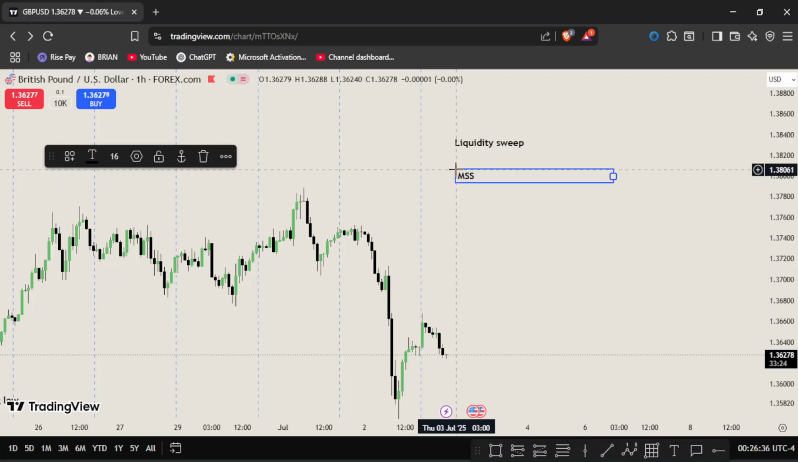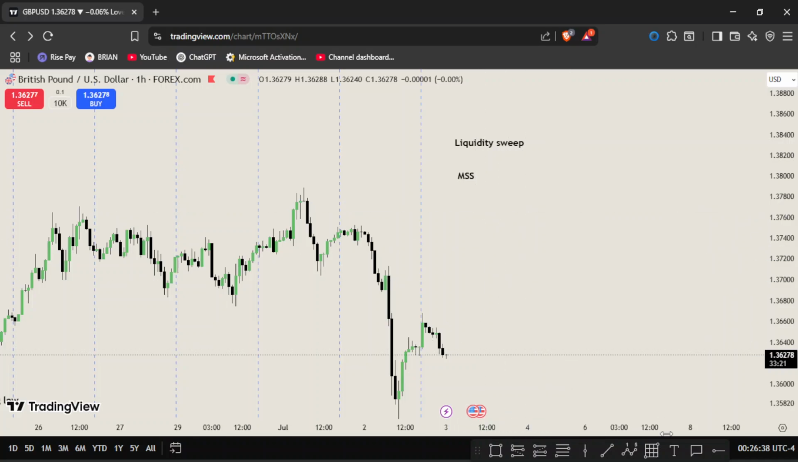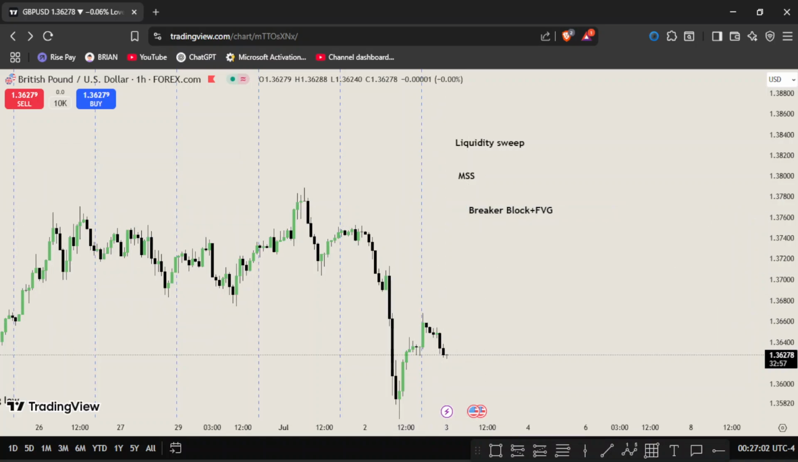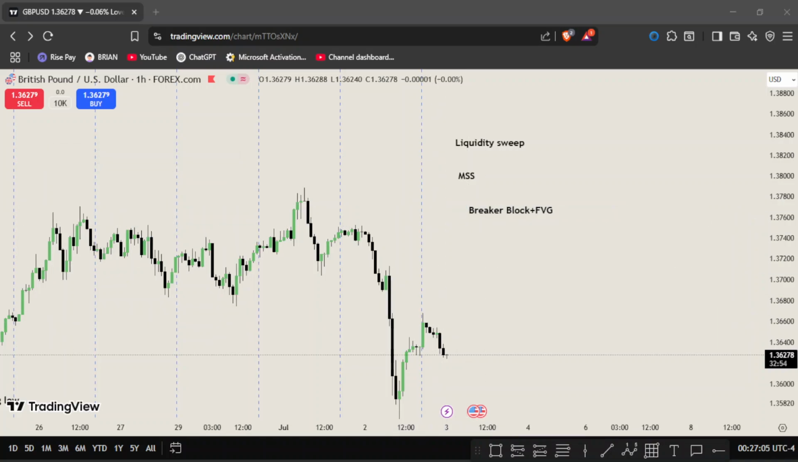Market structure shift, and breaker blocks. Breaker blocks coupled with an FVG. So I'll be giving you guys an idea of what it is like to use